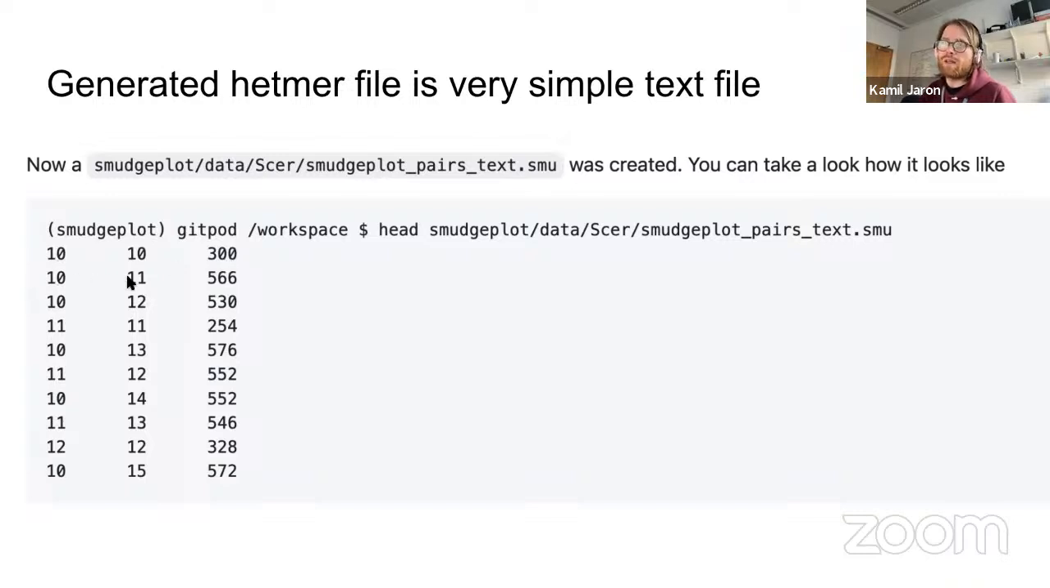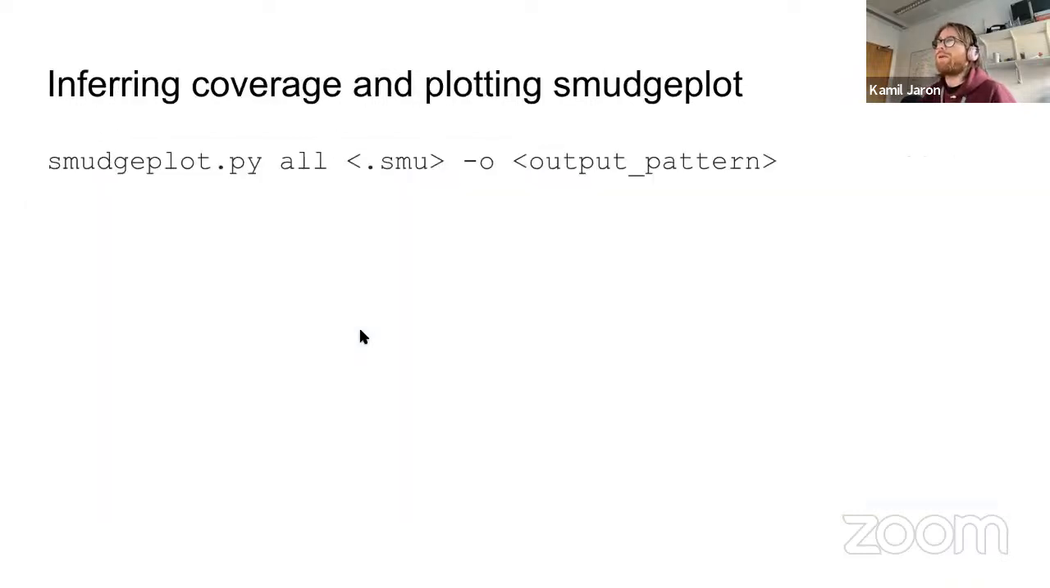For coverage 10 and 11, there were 566 k-mer pairs, etc. Okay. And then we're trying to make it modular, but the modularity